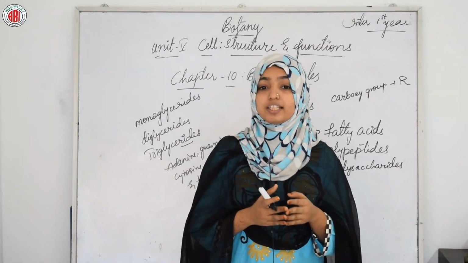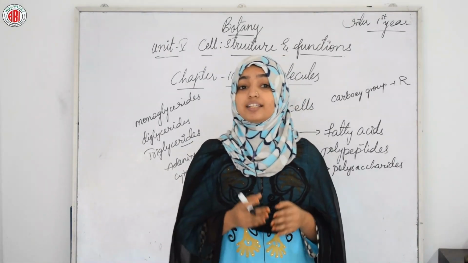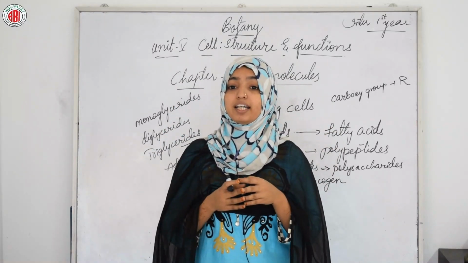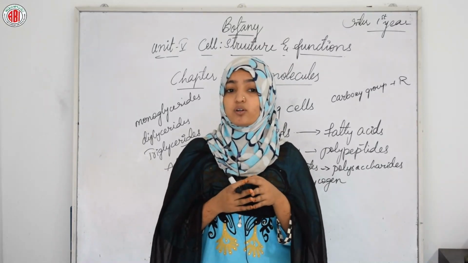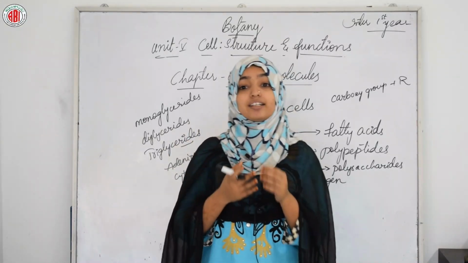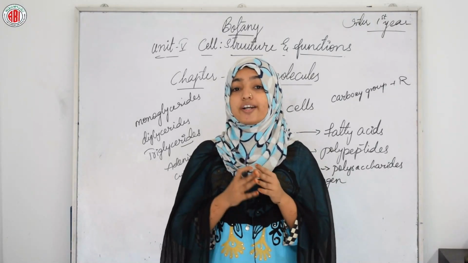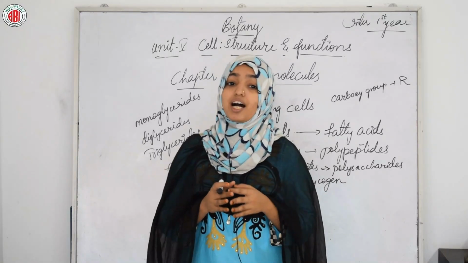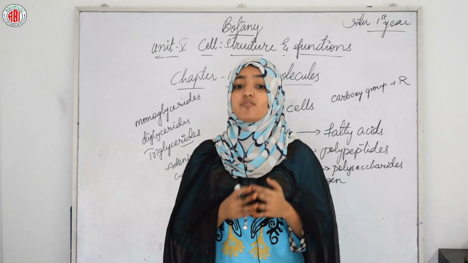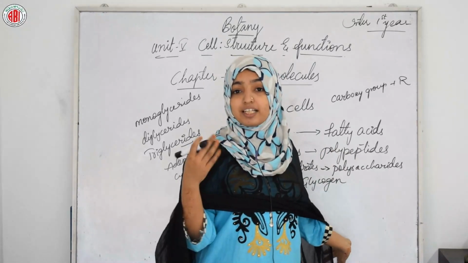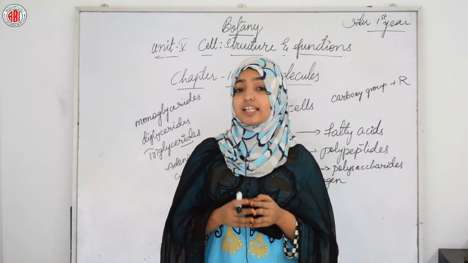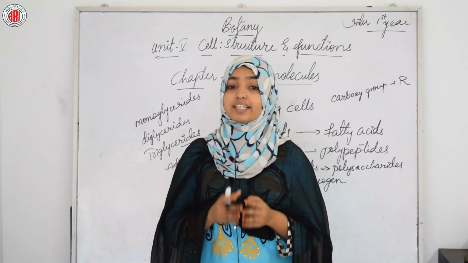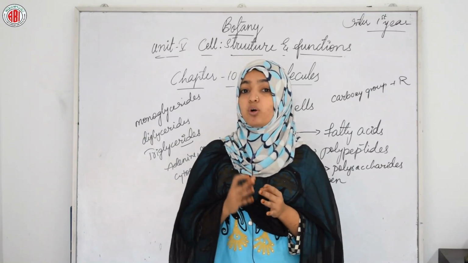If we proceed further, we can see that animals have another variant that is called glycogen. Inulin is a polymer of fructose in a polysaccharide chain. Suppose a chain of glycogen: the right end is called the reducing end and the left end is called the non-reducing end, and it has branches. Starch forms helical secondary structures. In fact, starch can hold I2 molecules, that is iodine molecules, in the helical portion only. The starch-I2 complex is blue in color, and cellulose does not contain complex helices and hence cannot hold iodine.